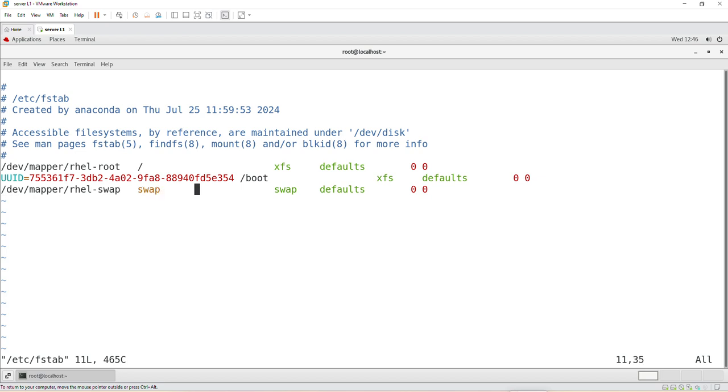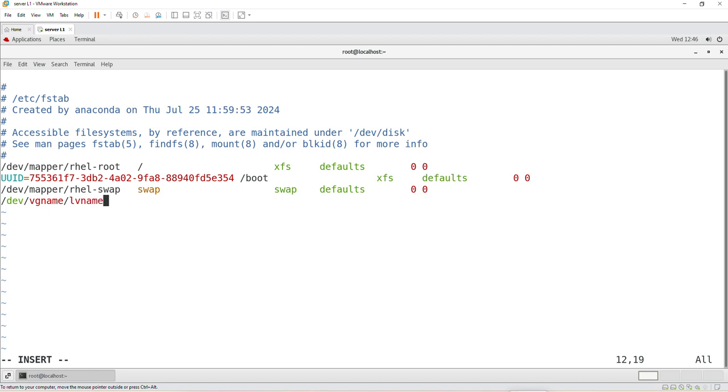Go to the end and press enter. Insert mode: press i and press enter. Here /dev/vgname/lvname